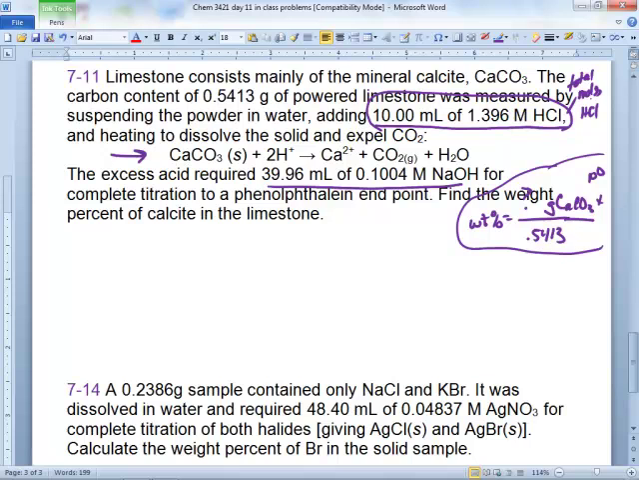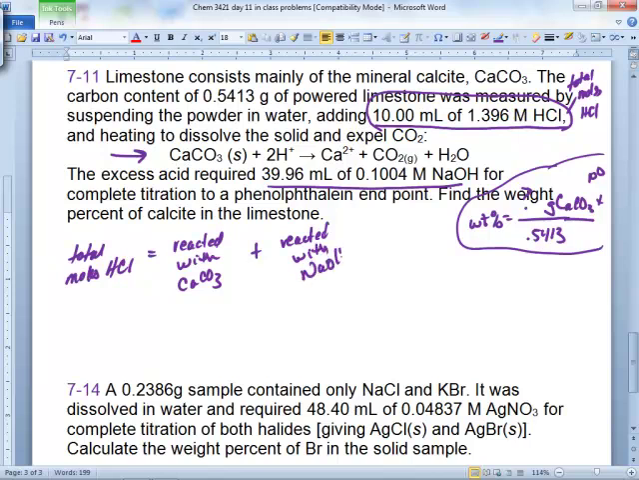Some of it reacted with that calcite. And then the rest reacted with the NaOH, right? So you could kind of write a little thing here. The total moles of HCl is going to, someone's going to have reacted with the calcite, calcium carbonate, the calcite, right? Then the rest reacted with the NaOH. So